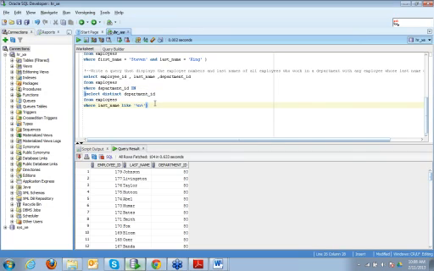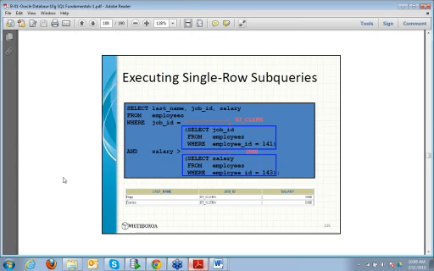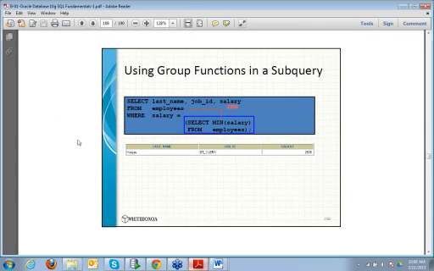There are actually two more multiple-row subquery operators, so we'll see what those are. We can use group functions also, because group functions produce one row and one column, just one value, right? Select minimum salary from employees is going to produce just one value.